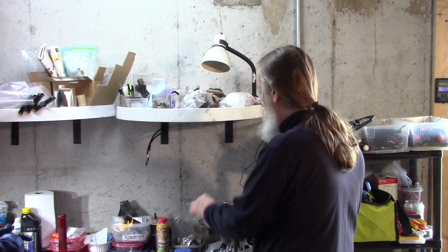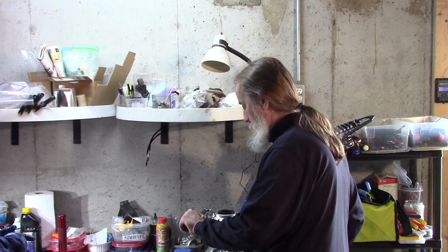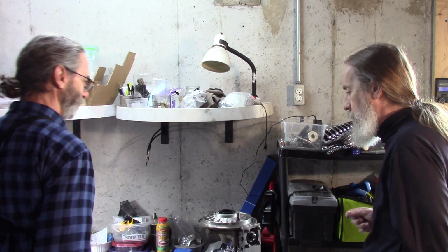168. It's not hard to rebuild a master cylinder. I've done a couple. Barrington says banging on the table and then make sure the gear's